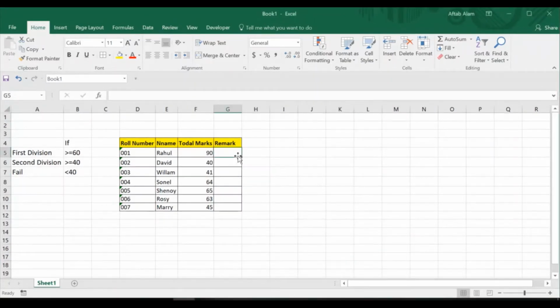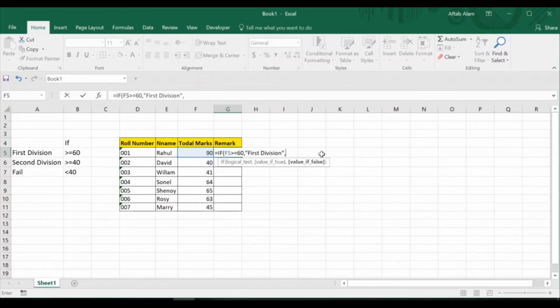So here we go, equal to IF function. Here for the logical test I will give F5 greater than or equal to 60. Then what do I need here? I need here first division. Okay.